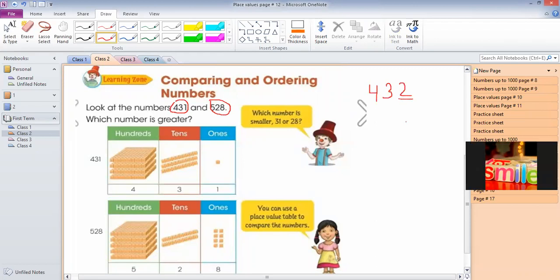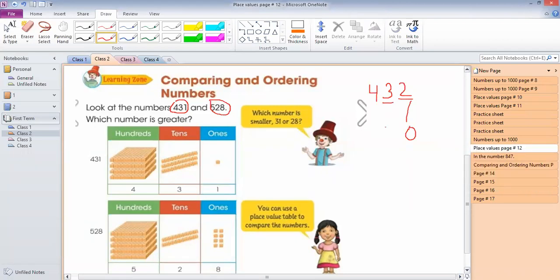This is the ones place, this is the tens place, and this is the hundreds place. So whenever you have a 3-digit number, you will compare the hundreds first. If you find the hundreds digit is bigger or smaller, then you will say that number is bigger or that number is smaller. Like in 431 and 528,